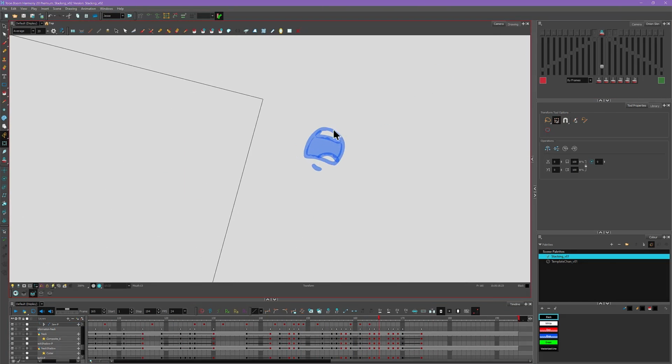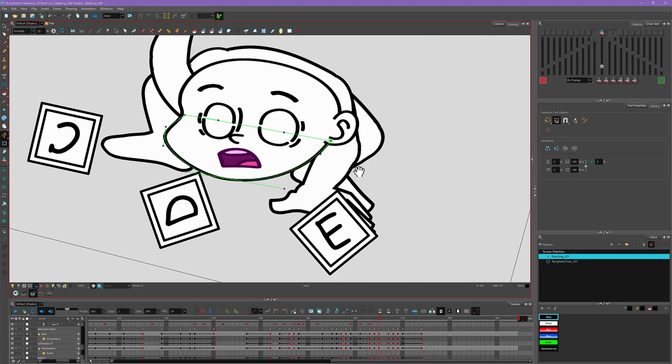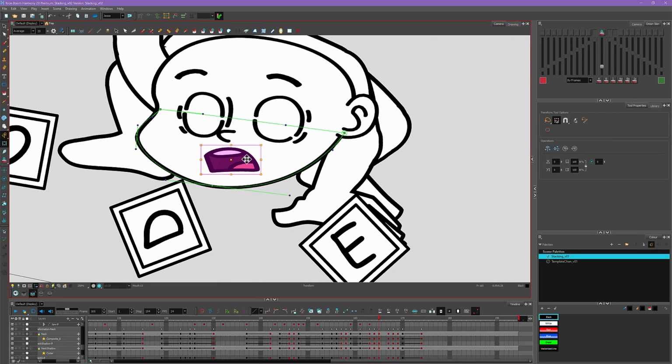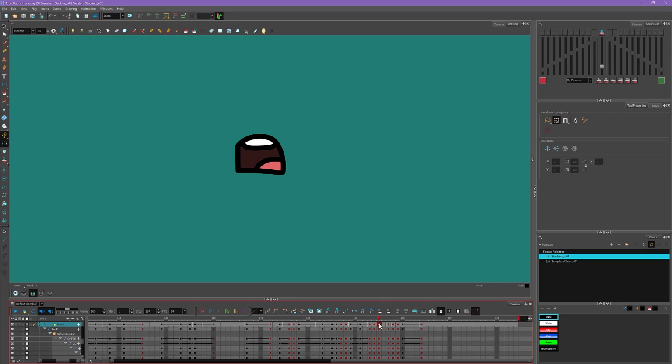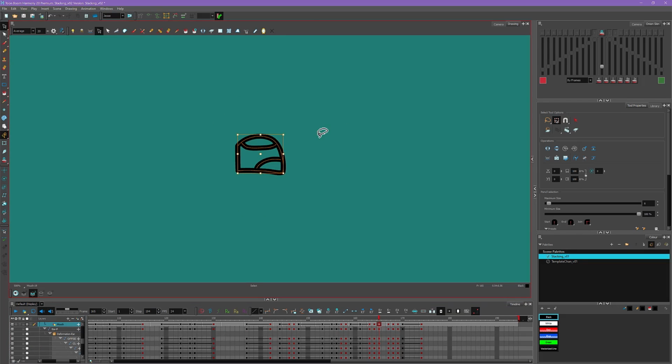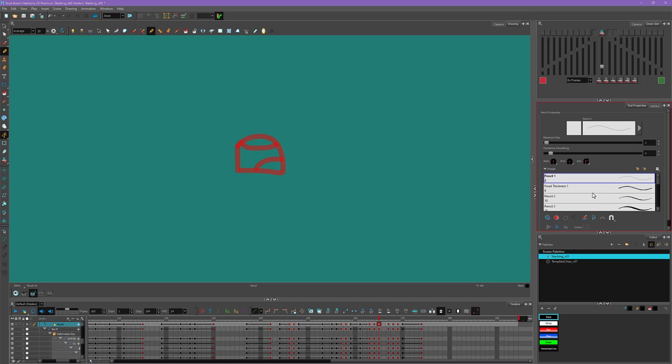So this mouth shape I drew special. We don't have this mouth shape yet. So the way I'm going to do that is I'm going to select my mouth shape here, and it's got a transform on it, so it's making it all squished. This is where the drawing view can come in handy. So instead of drawing it in the camera view, if we go into our drawing view, it's going to isolate the mouth and take all the transformation off of it. So I go to that frame, add a duplicate frame, so that way I can get rid of all this color, convert that to red so I can use it as reference, and then draw a new mouth shape on this frame here.